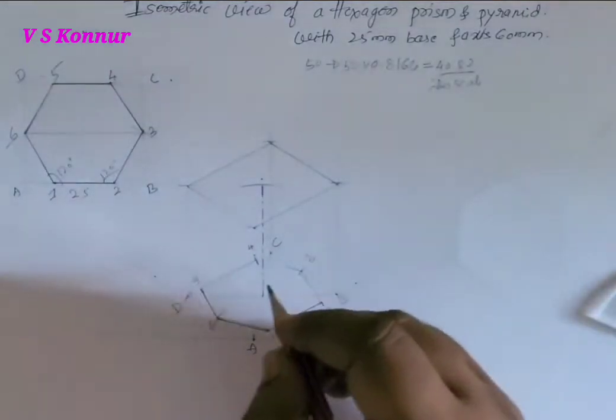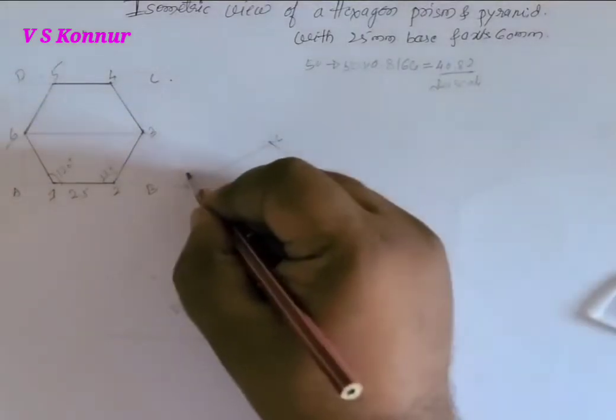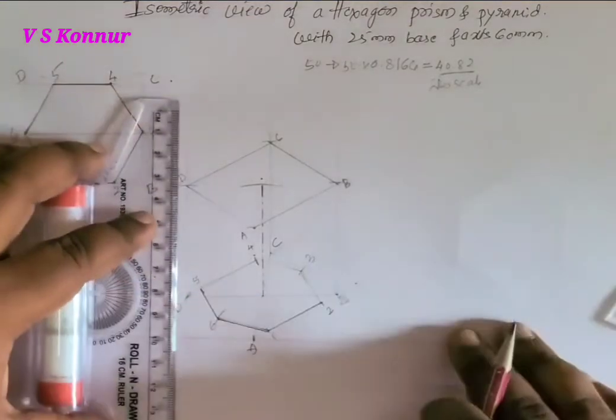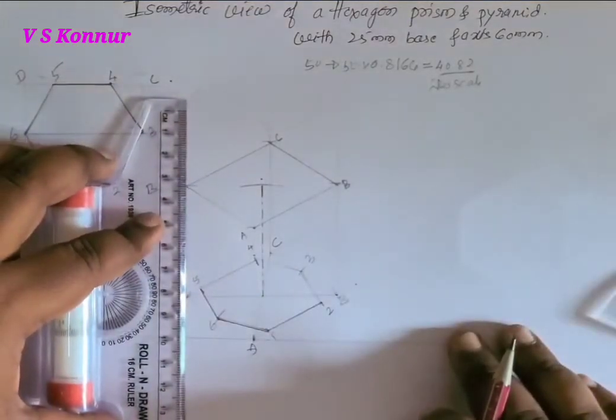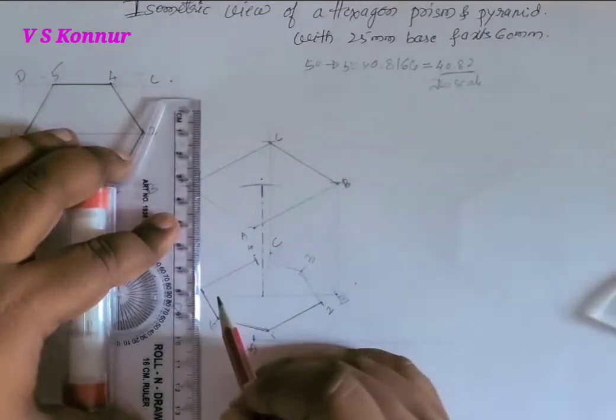So what we got here is once again the ABCD points. Alright, it is nothing but the isometric projection of a square. If you consider bottom and top, it's the isometric projection of a square or rectangle. It can be transferred like this only, and then all the points should be transferred to the top, say the 5th point. Or you can take the distance and cut, that is also correct. So what I am doing, I am having